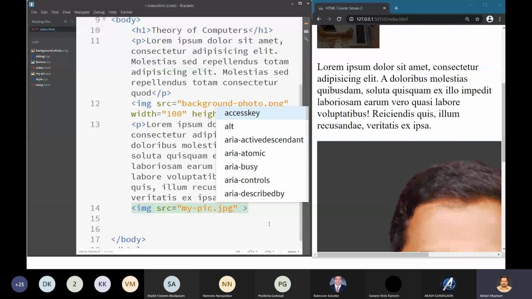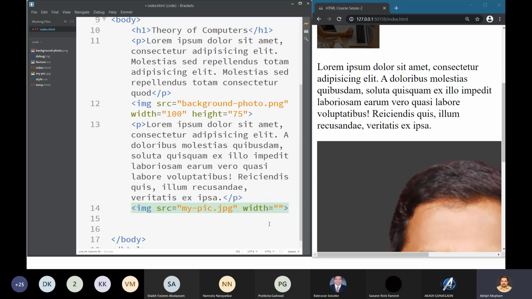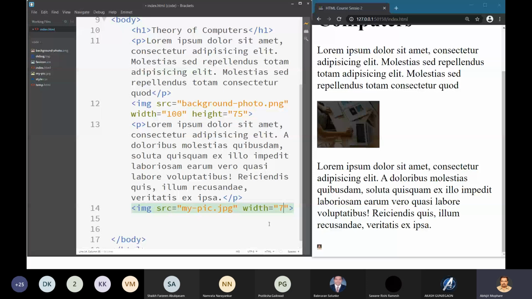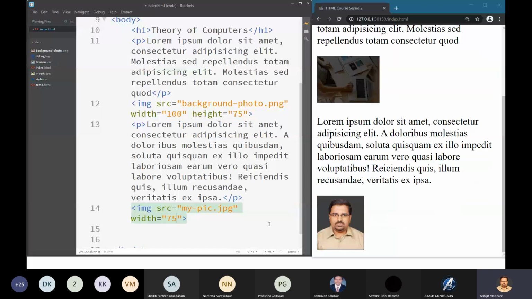75, and if you observe, I have specified only the width. The height it has taken automatically. By default, if you don't specify the height, the browser will try to maintain the aspect ratio. Here the width is set to 75, but I haven't specified the height, and still the browser is intelligently trying to maintain the aspect ratio of the original file. But if I give the wrong height, what will happen? It will deteriorate the image, right?